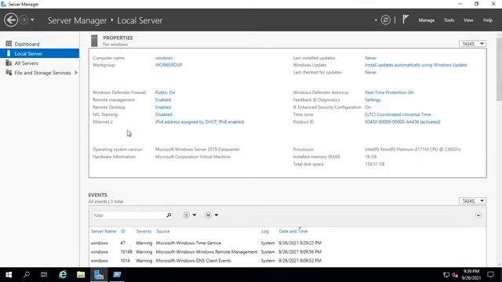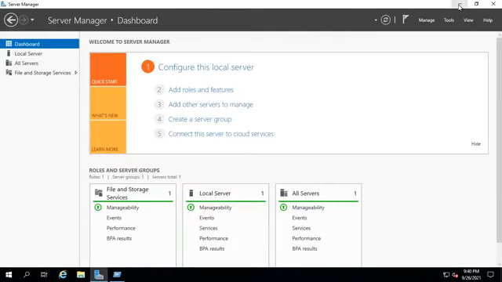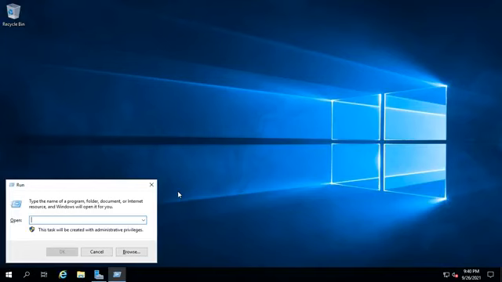And next, how do we convert the workgroup to the domain model using the Active Directory services? Where can we see the Active Directory services? If you want to install Active Directory Domain Services, you can only use Windows Server operating systems.